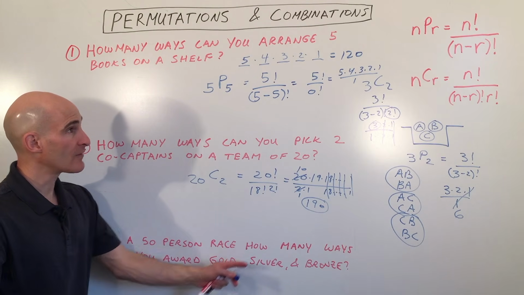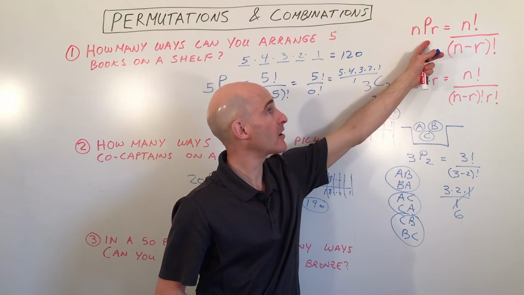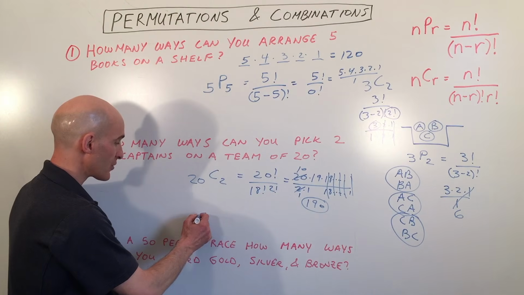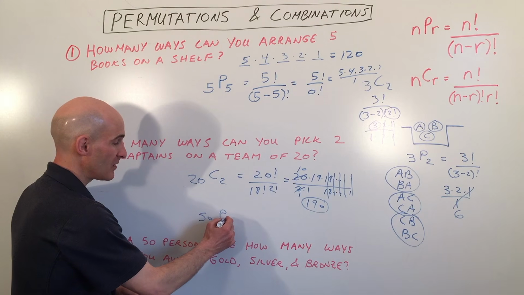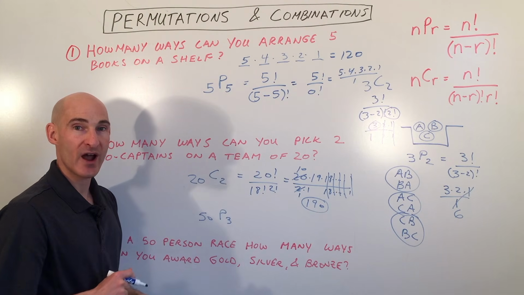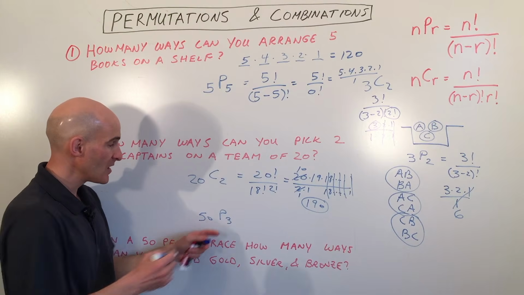So in this problem, we definitely want to use permutations, okay, nPr. And out of the 50 runners or 50 competitors, okay, out of 50, you're picking 3, gold, silver, and bronze, the first 3 places, right? So this is going to be